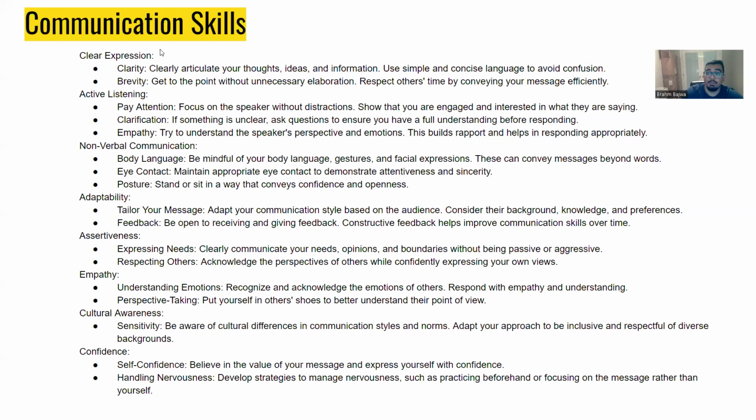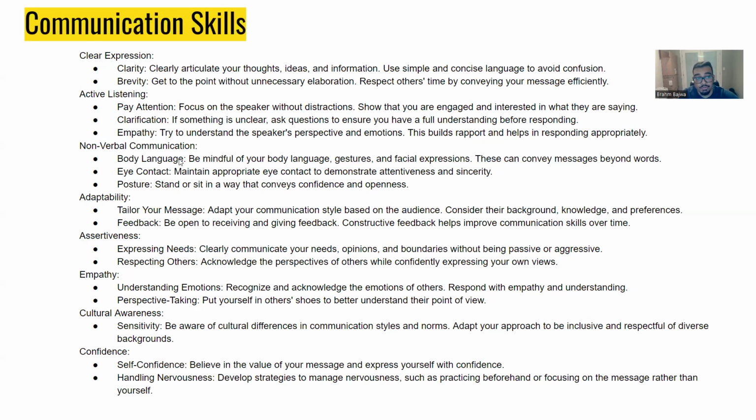So here are the communication skills. You want a clear expression. You don't want to show anger or frustration. You want a blank expression; smiling and smirking, you don't want any of that. You want to be clear and professional, and have a little bit of compassion as well. Active listening: you don't want to show them that whatever you say goes and whatever you don't say doesn't go. You want to show them that their opinion matters as well, and that you do value their opinion.